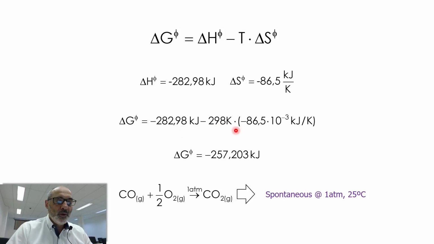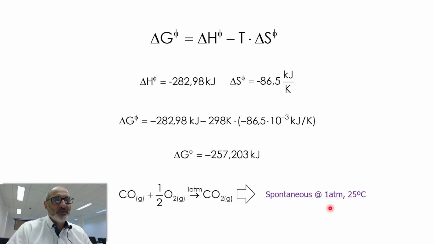When we add these terms and make all the calculations, we get delta G minus 257.203. And the minus sign means that the process is spontaneous in the indicated sense,